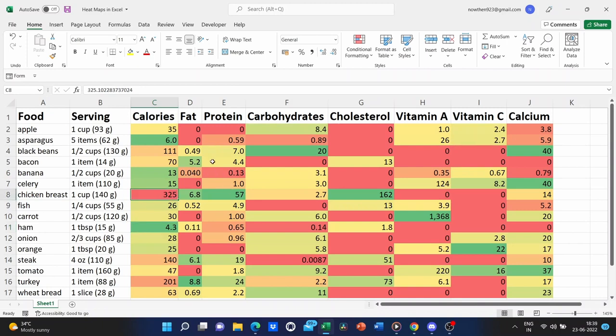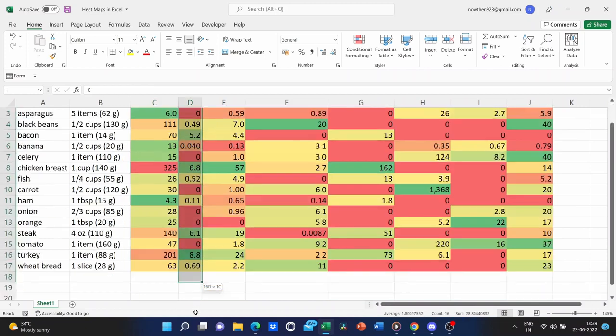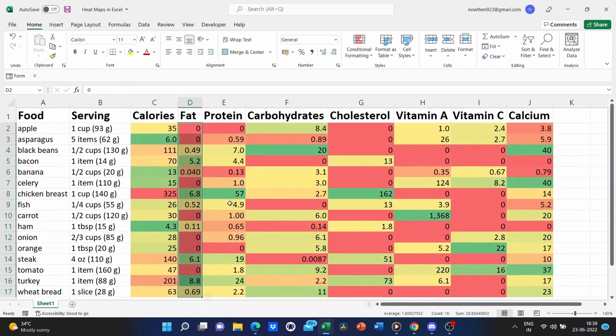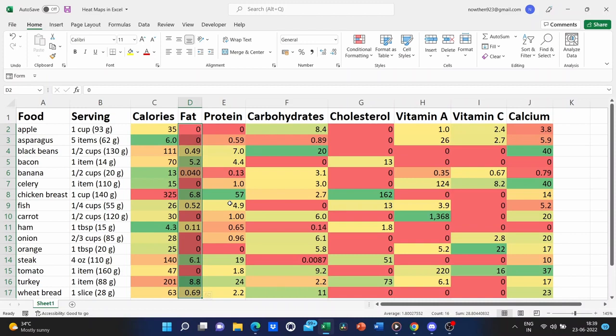I could do the same thing with the fat column. Maybe someone's trying to reduce the amount of fat that they eat or carbohydrates or whatever it might be. I'll just select fat. And I'm holding the control key on the keyboard. And I'm also selecting cholesterol.